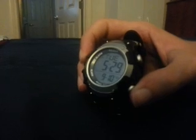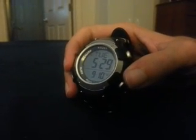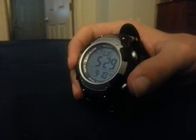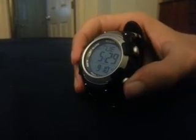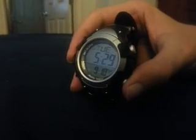This is the only talking watch. Not only is it the only digital atomic, well, not the only digital atomic, there's one more style, but it's the only talking watch to have a backlight. That is huge. So if we push S2, we push and hold S2,